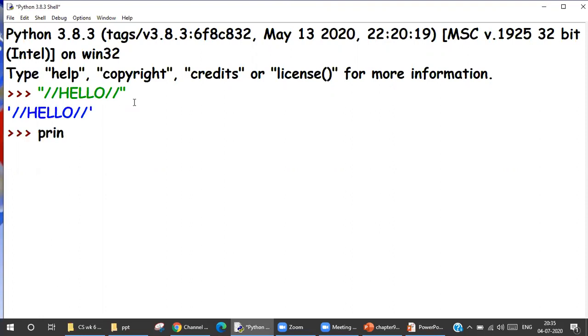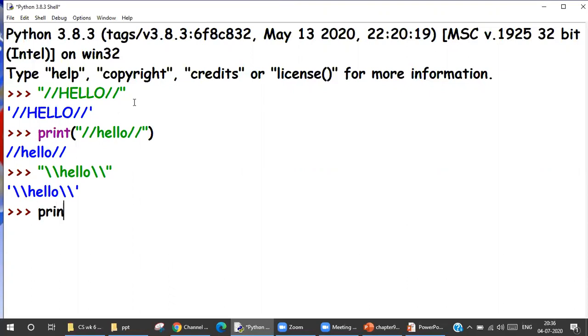But if I write the word print and then do it, can you tell me the error? It was the same error that I've done before. The wrong backslash. Can you see only one backslash was printed?